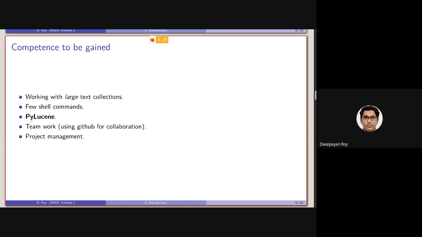There will be some opportunity of working together in teams of say 4 or 5 people, and I haven't finalized this thought yet, but we might be using GitHub to collaborate among ourselves during a small project or maybe a presentation.